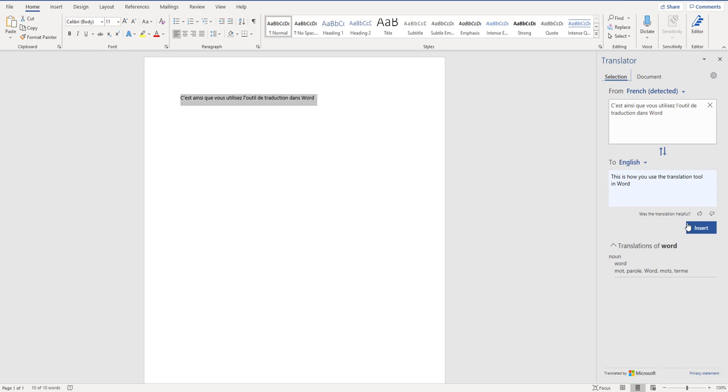here, get our translation there and just do insert, and then that will overwrite and translate into English in this example. Or alternatively, if we have a whole document,